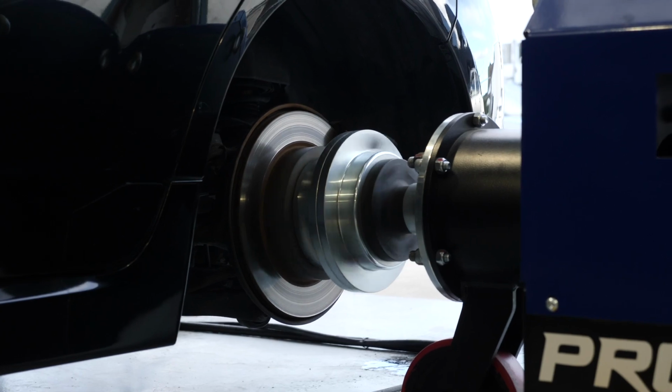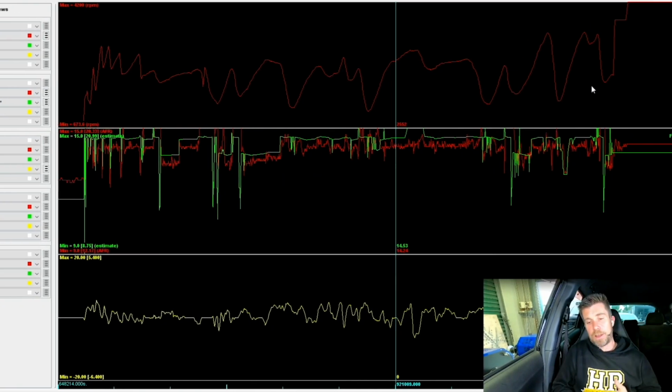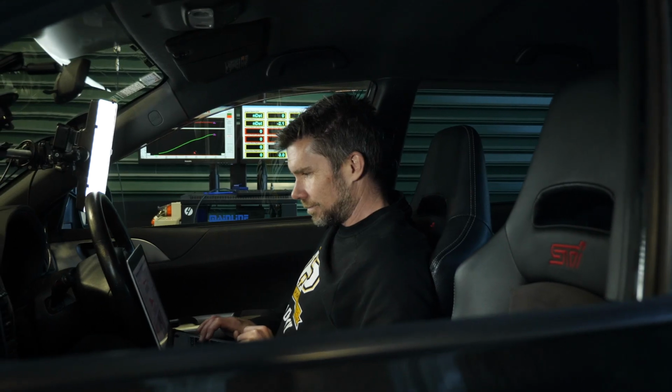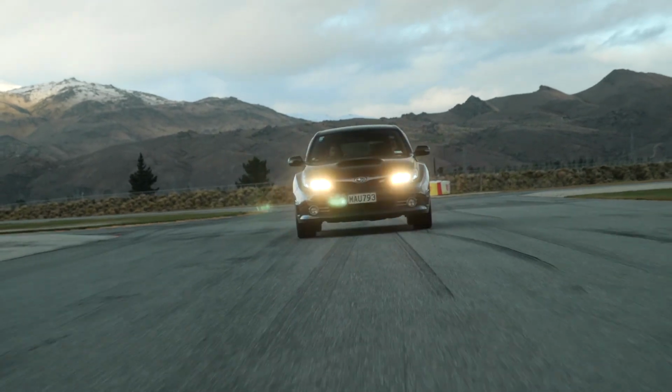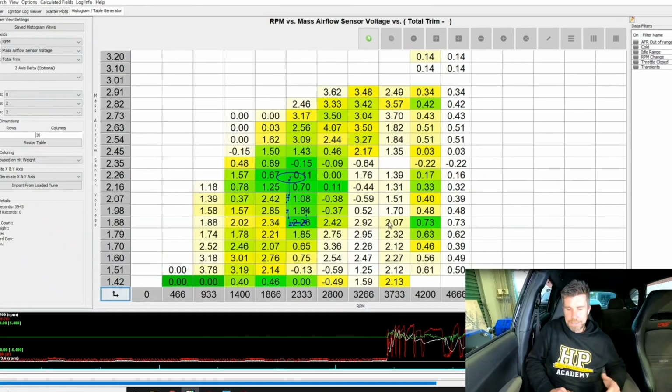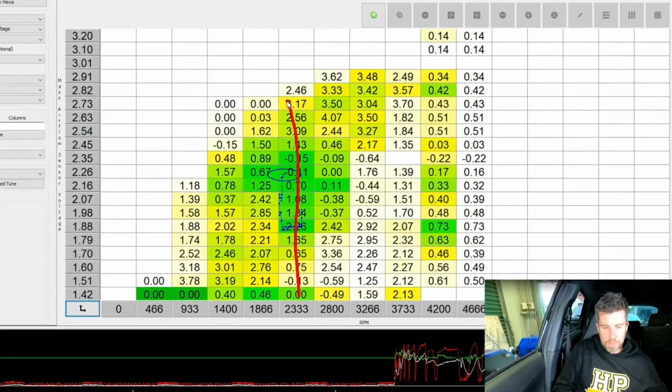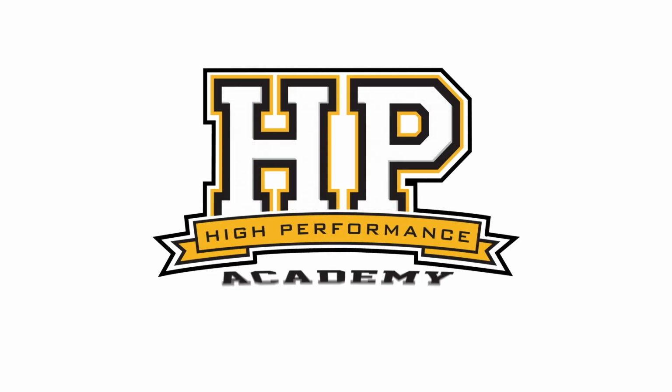In this webinar, we're going to be discussing logging and how to basically go about logging and tuning using reflashing software. Specifically here, we're going to be looking at ROM Radar, which is very popular and common in the Subaru reflashing world. However, a lot of what we're going to be talking about will also translate across to other scanning or logging packages, because we are going to be looking at how to analyze the log data. This is really the key to the whole situation, using a package called Megalog Viewer HD.